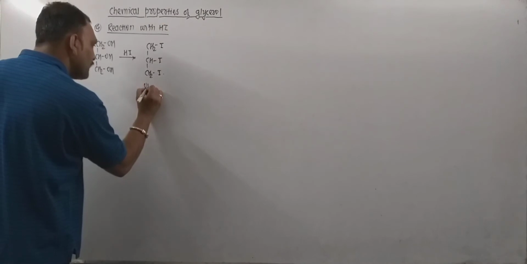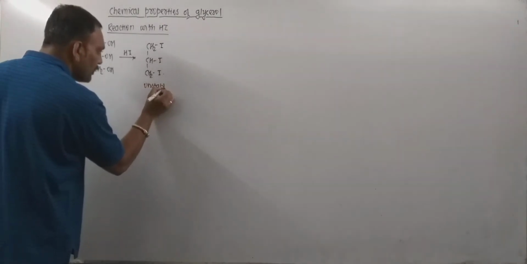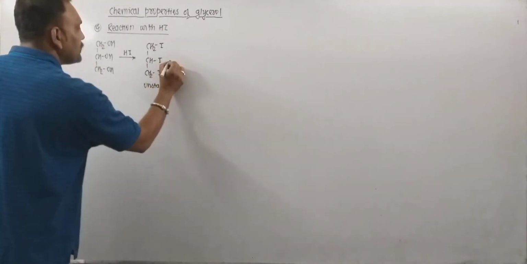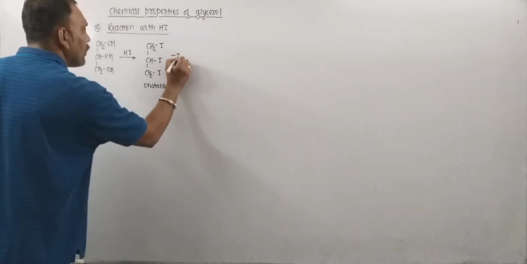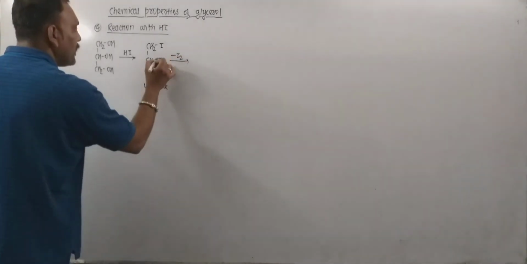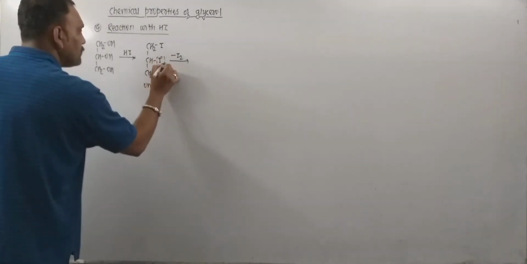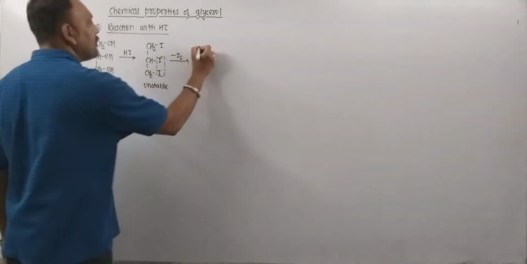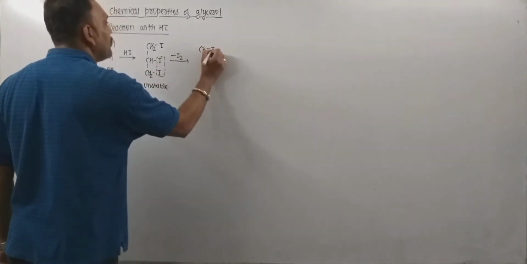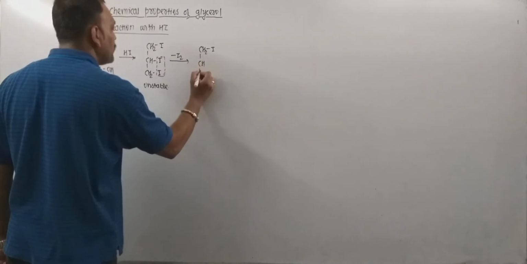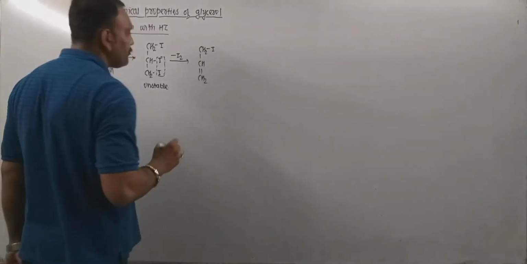Now this glyceryl triiodide is unstable as the atomic size of iodine is quite large, so the release of iodine takes place, which leads to the formation of allyl